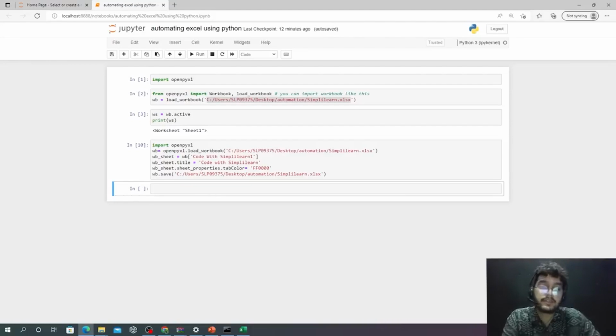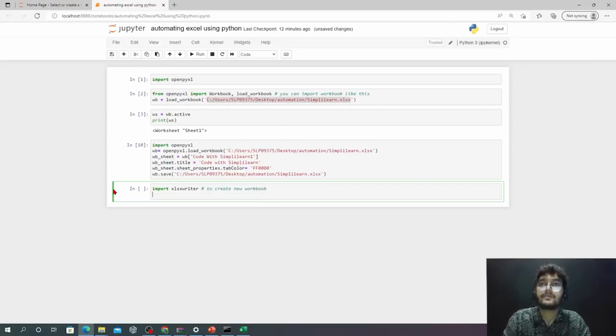So moving forward, let's create a new workbook. Till now we were working on the same worksheet which was present on my desktop. So let's create a new workbook. For that I have to write import xlsxwriter. So I will write here in a comment: create new workbook. wb would be equal to xlsxwriter dot Workbook,